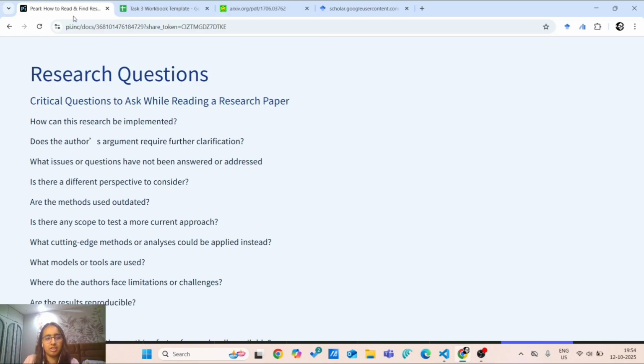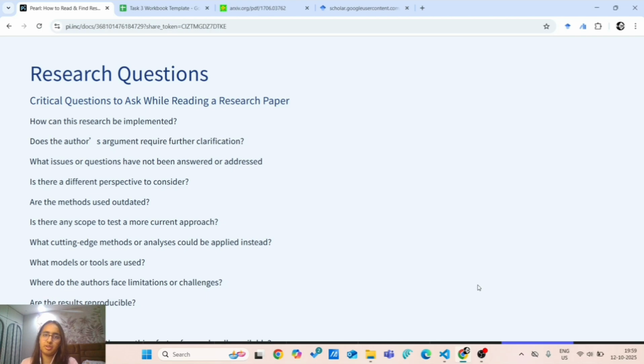If the results are using X models, what if I want to use a Y model and try it out? You could experiment with it. You could see what all you can do with that code, what all you can do with that piece of work, and what all you can provide in it. So, the whole purpose of research is to add some novelty and to add some value. So, these are the questions you should ask yourself before you write a paper or research your topic. When you ask those questions, you would gain some clarity and an idea of what to research.